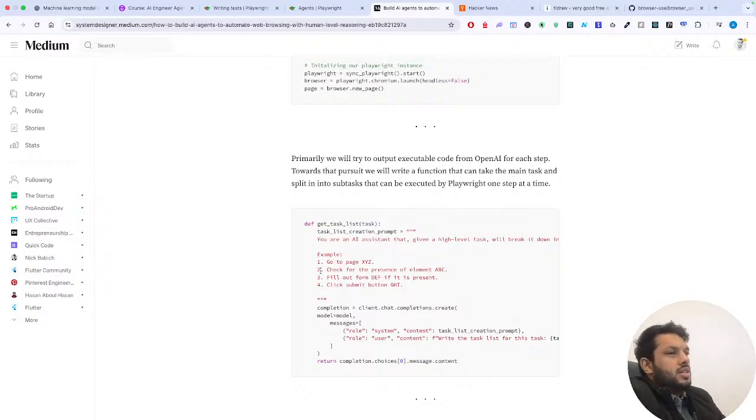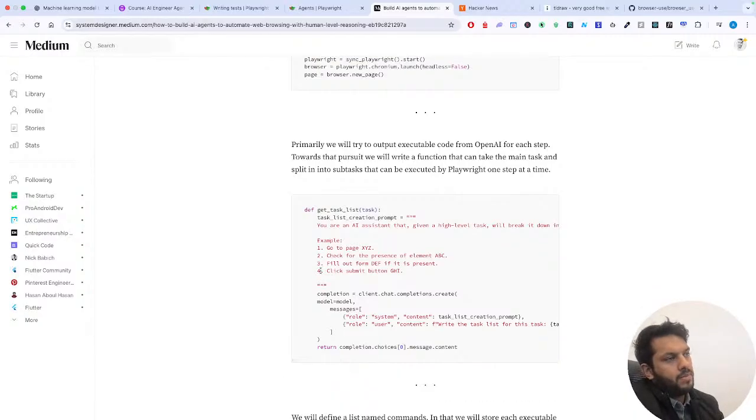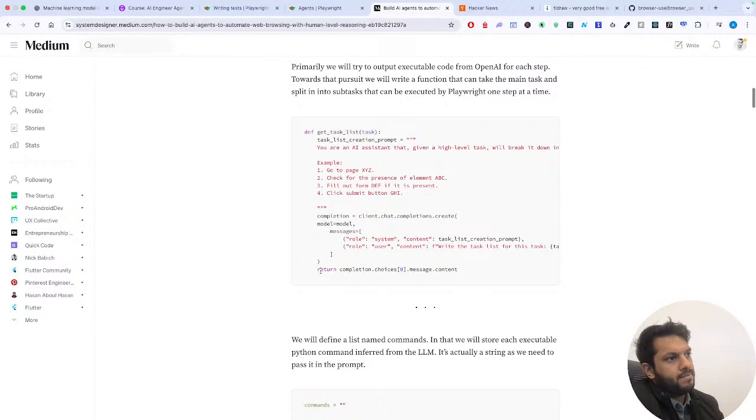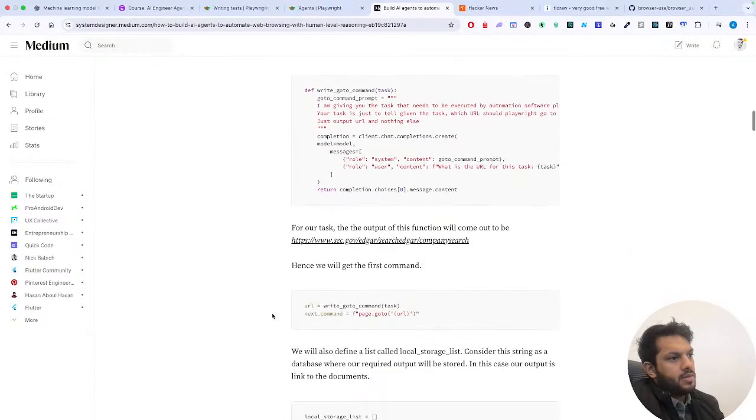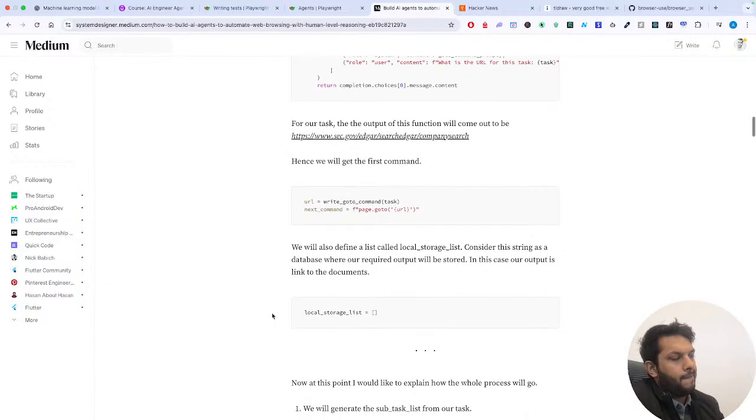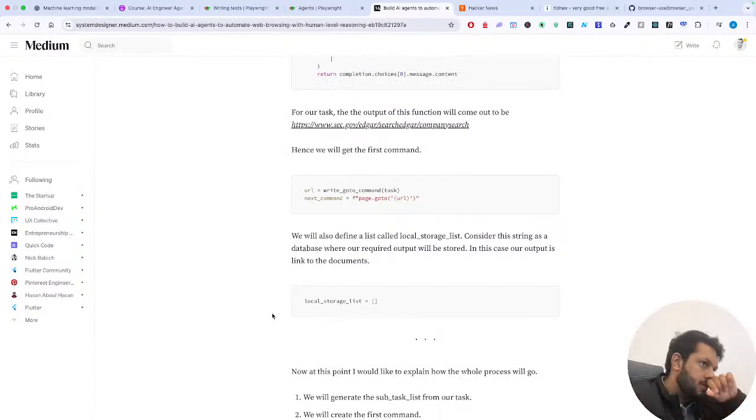It takes the input task, and so for example, our task is get the top news from Hacker News. Page dot go to